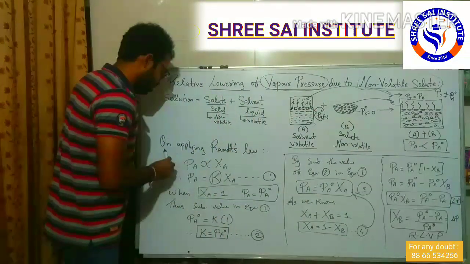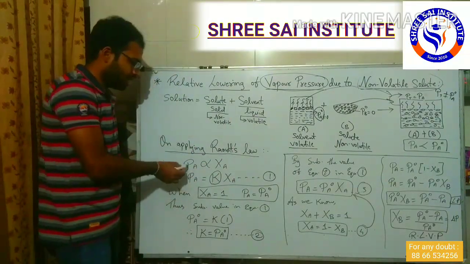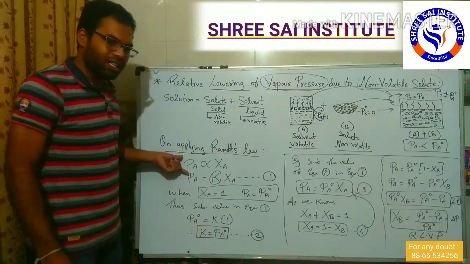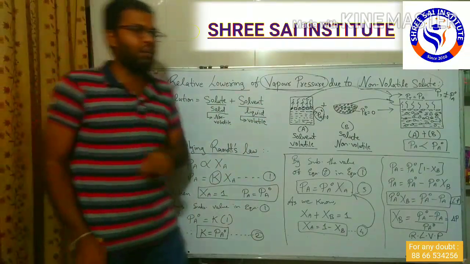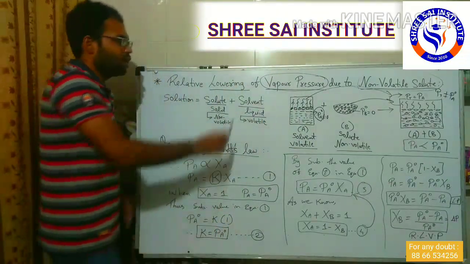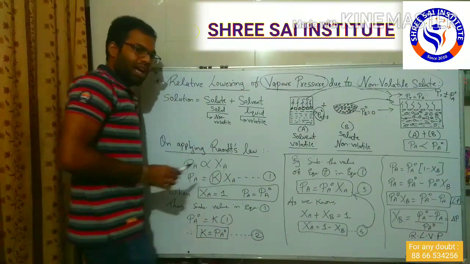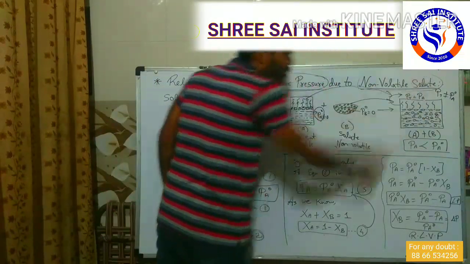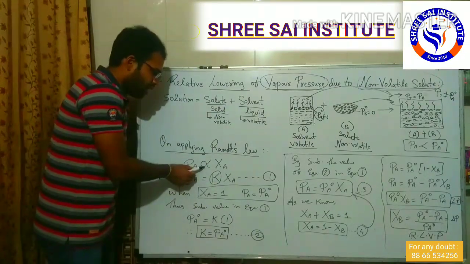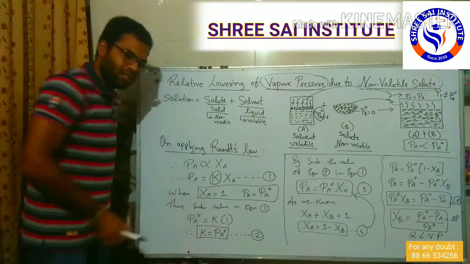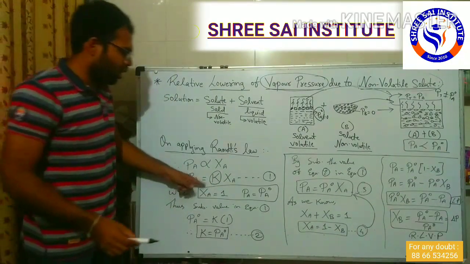On applying Raoult's law, which we have already studied in the previous topic, the total pressure is directly proportional to the partial vapor pressure of each volatile component present in the solution. That means here the total vapor pressure is directly proportional to only Pa. So Pa is proportional to how many molecules get evaporated, that means the mole fraction. Pa is directly proportional to Xa. On removing the proportionality sign, we get a constant K. Okay, but what is the value of K? This we have already shown in the previous topic.